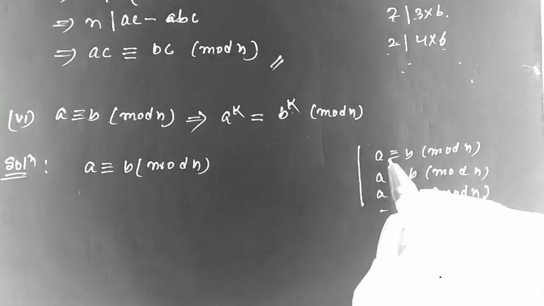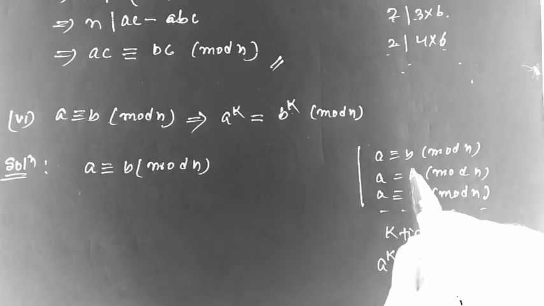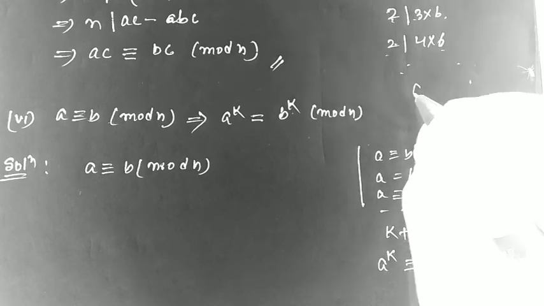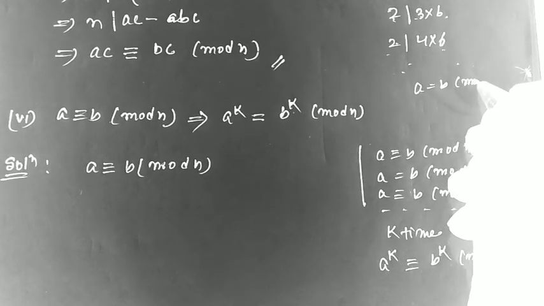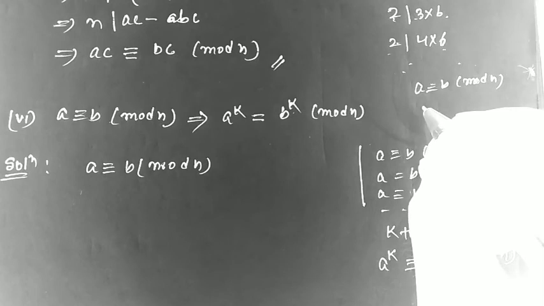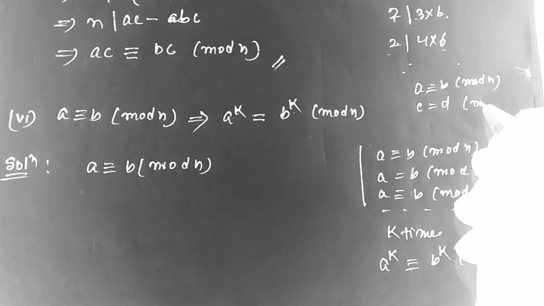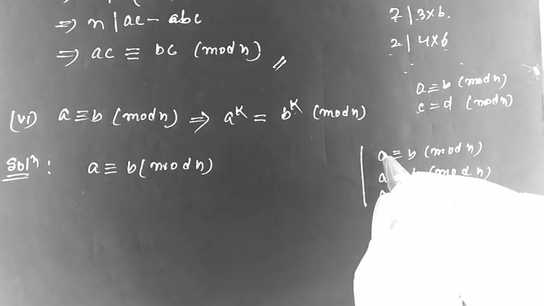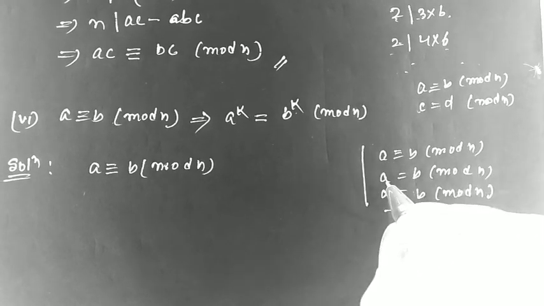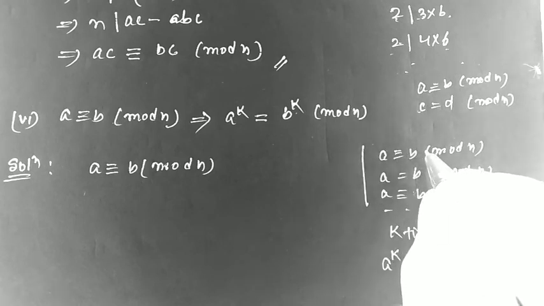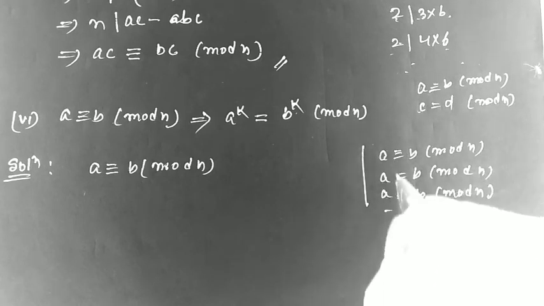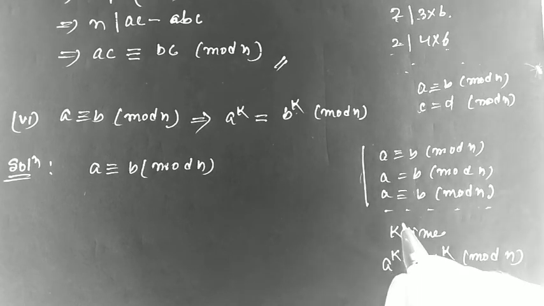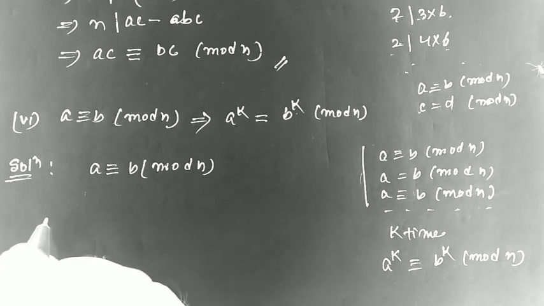This is because when they are congruent to each other, we can take the product. Suppose a is congruent to b mod n and c is congruent to d mod n, then we can multiply them: ac is congruent to bd. Here also a is congruent to b mod n, then a square will be congruent to b square mod n. If we write three times, a cube is congruent to b cube mod n, then if we write up to k times,